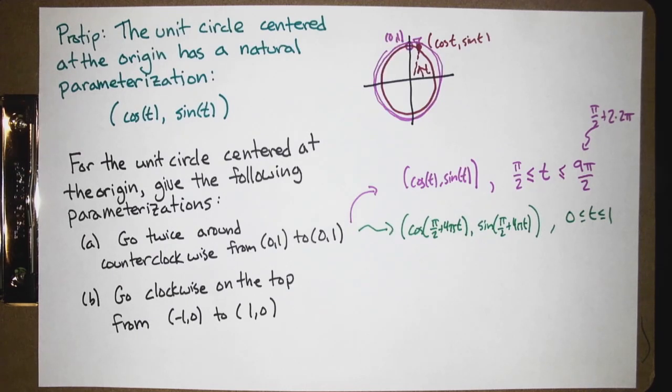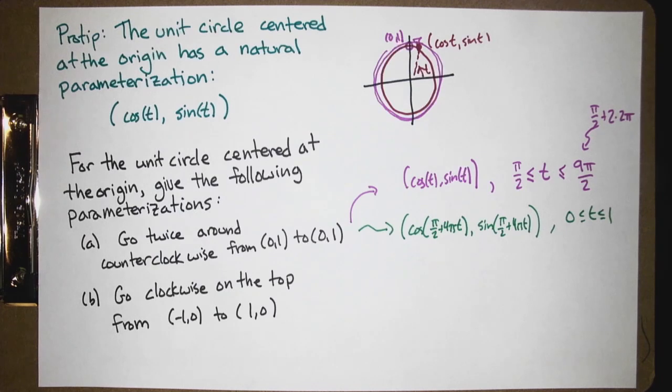Yes, it will work. Okay, so these are not unique. Parameterizations are not unique. So you have to be open to there might be multiple correct ways to write the parameterization. Now you might say, well, which one's the right one to use? The answer is whichever one's convenient. So try to find convenient parameterizations. All right. Well, with that one out of the way, option B, go clockwise on the top from negative 1, 0